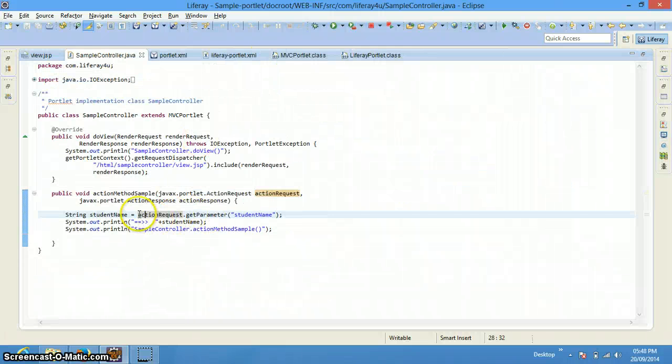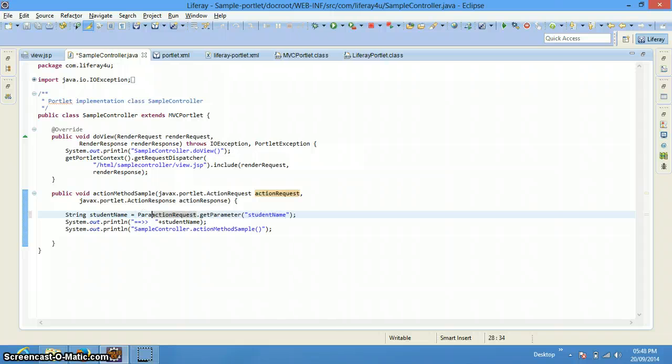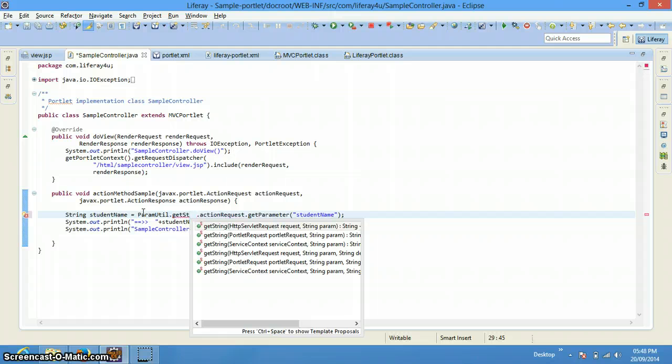This is how we do it in normal JSP servlet also, but on top of this, what Liferay has done is it has given us a class known as ParamUtil class. So what this class does is it will